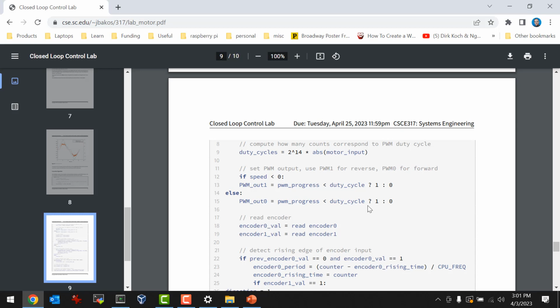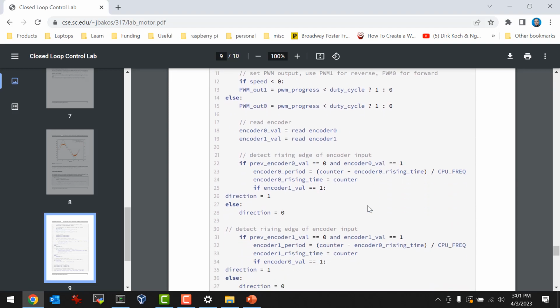Okay, and then after that, you read the encoder values. Basically you say if the previous encoder value is 0 and the current encoder value is 1, then that means you've detected a rising edge, at which point you can calculate the period of the encoder. That's the performance counter that we most recently read, minus the last counter value that we recorded on the last rising edge, divided by frequency. That'll give you the time between two consecutive rising edges. And then you update your rising edge time,